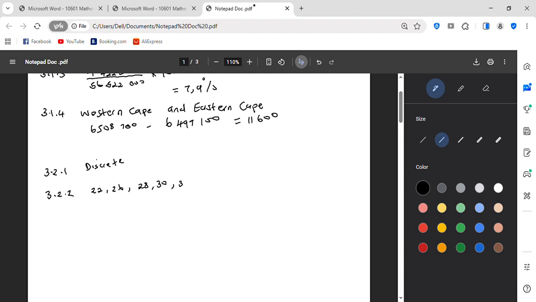We've got 32, but you can go back to the question and look at it carefully. 33, 34, how many 34s do we have? I have got four 34s. So I'm going to put another 34, another 34, and the last 34,